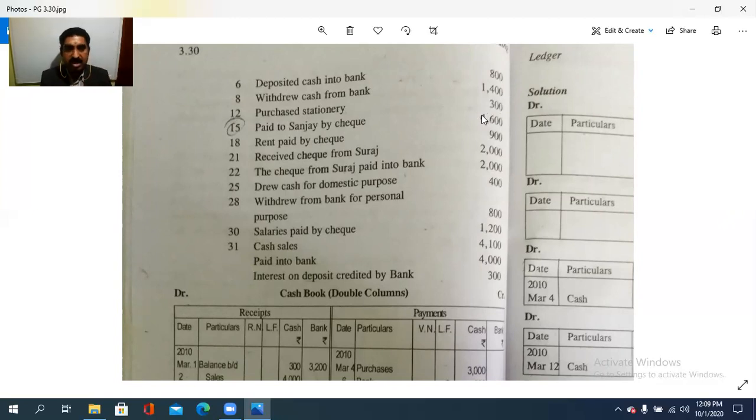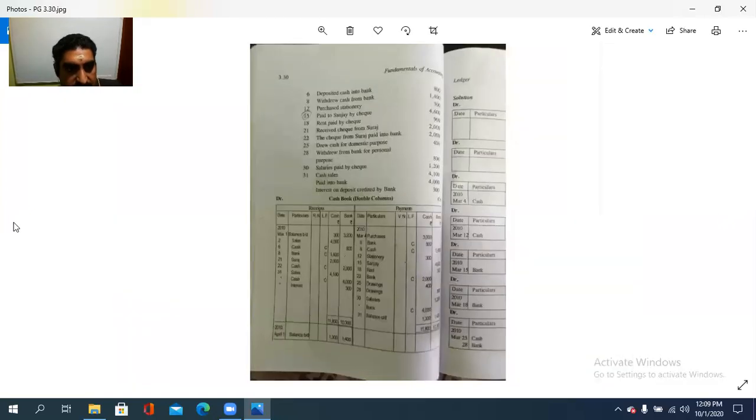In this question they are asking to prepare the cash book with the ledger accounts and also, I think, the trial balance. So how is it to be prepared? Well, we need to prepare only the double column cash book. So we are going to start that one. So in this way,